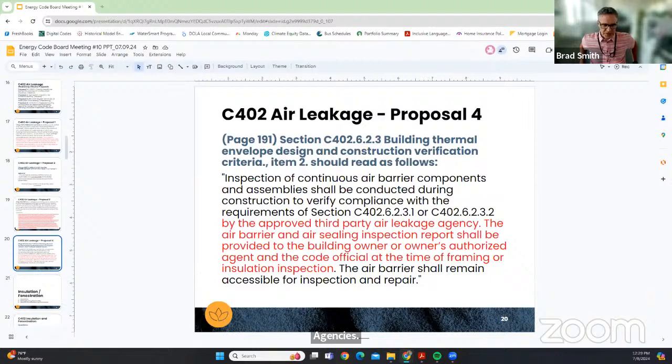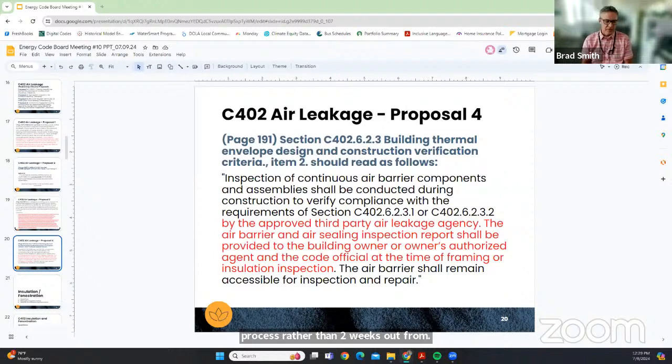Right now we have 6 total approved air leakage test agencies in town. 2 of those agencies gave me direct feedback on inclusion of this. And the reason is this increases the odds that you'll avoid a failure, and it allows the discussion to start to happen early on in the process rather than 2 weeks out from CO.